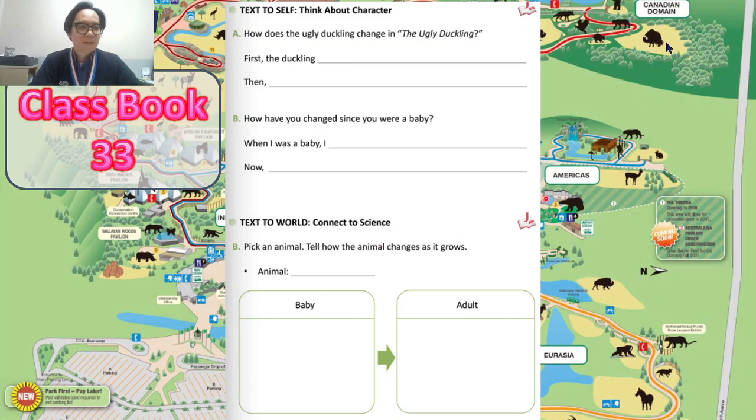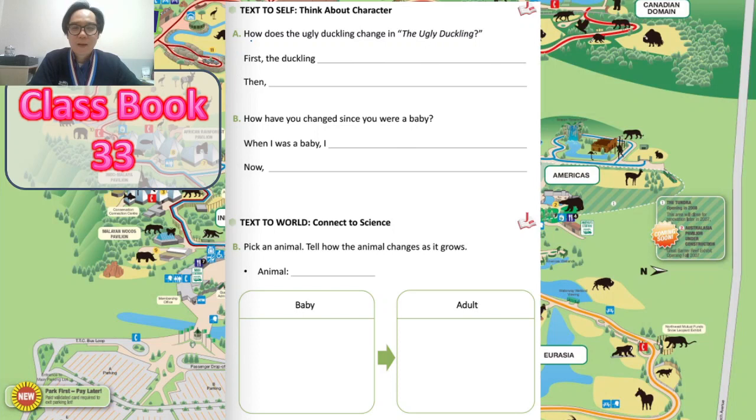All right, Carnation class, it's time to do our work. So, we are looking in your class book on page 33. Are you ready? Well, here we go. We are going to look here and wow, can you see that? There's a lot of writing to do, but that's okay. We can do it, right? So, we're going to get our pen. I'm going to use blue today. And let's take a look at what we need to write about.